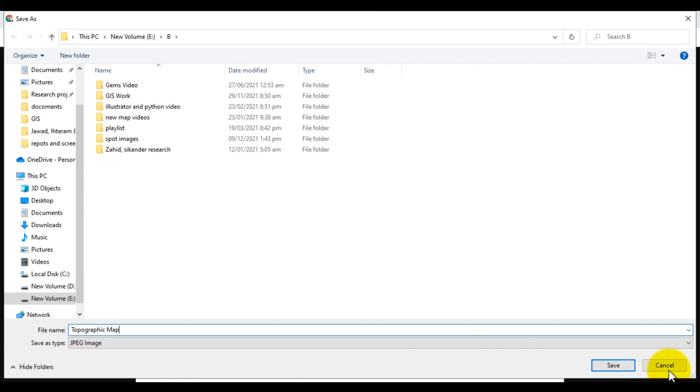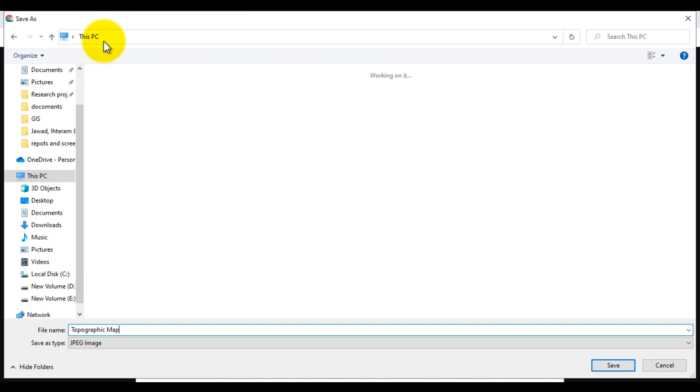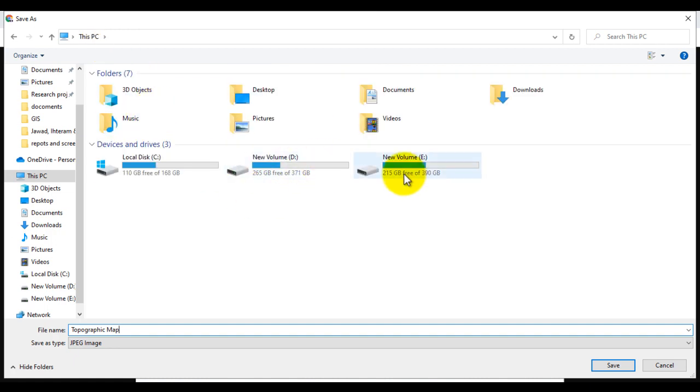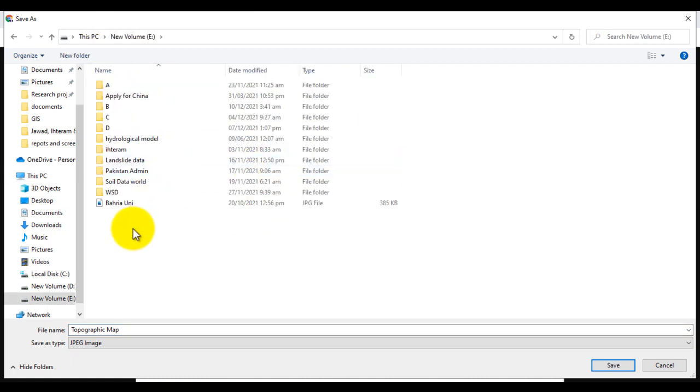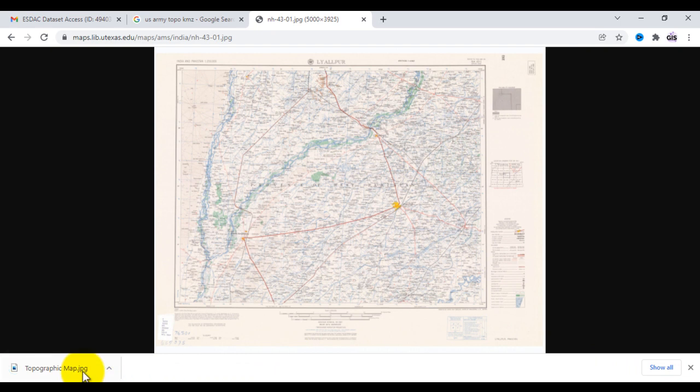Now save this map and let this PC change location for that map. Now I want to save here. A topographic map is downloaded and save as JPG.